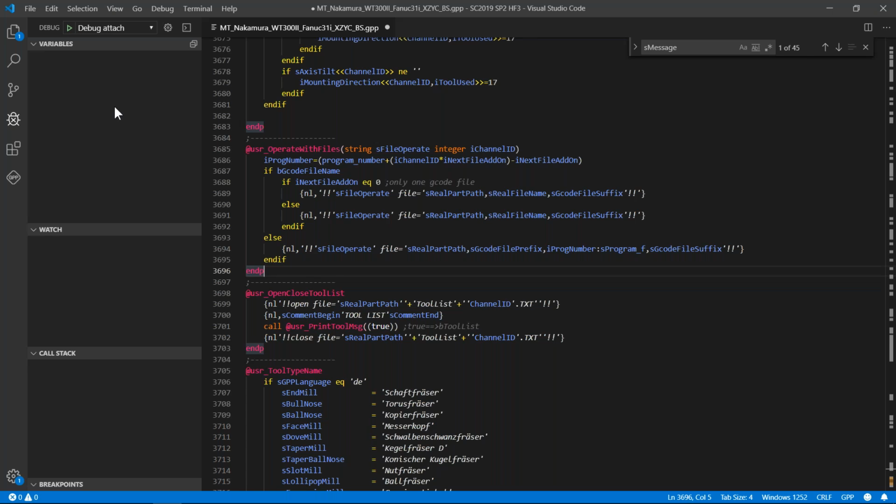But before you actually start it, make sure that your SolidCAM is open. The SolidCAM version must be 2019 SP2 hotfix 3 and beyond. You cannot use the debugger in versions below this version. As you saw before, I have already opened it. I'm using the latest release of SP2 hotfix 4, and this time I'll just hit debug attach over here, this rectangle over here. But before I do that, what you need to see here is that at the very bottom,